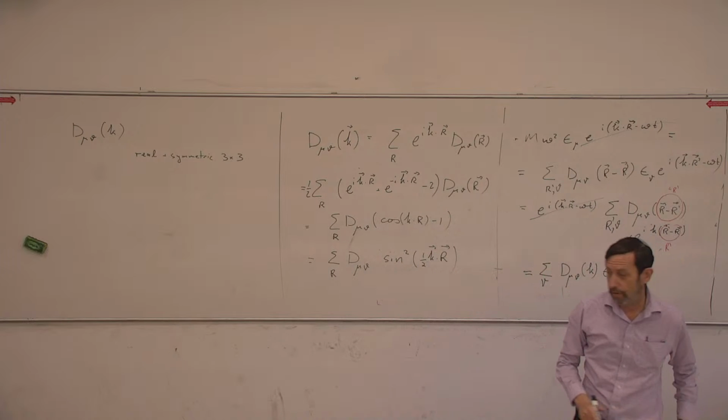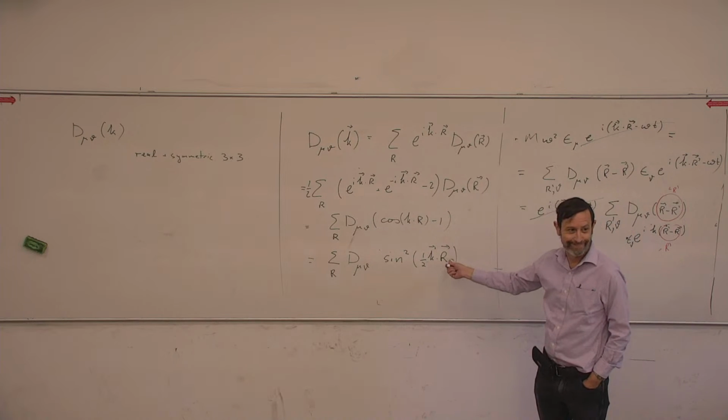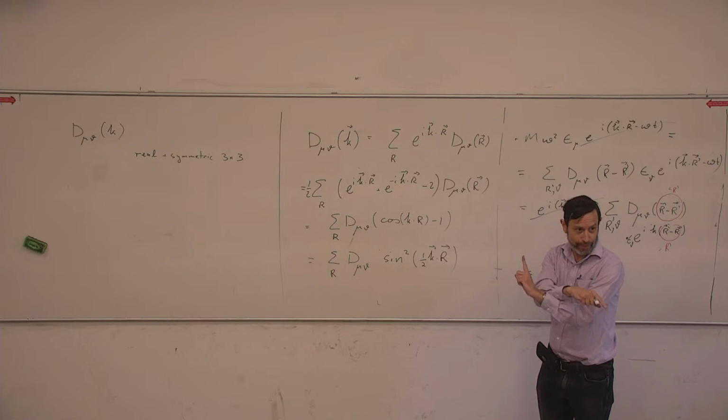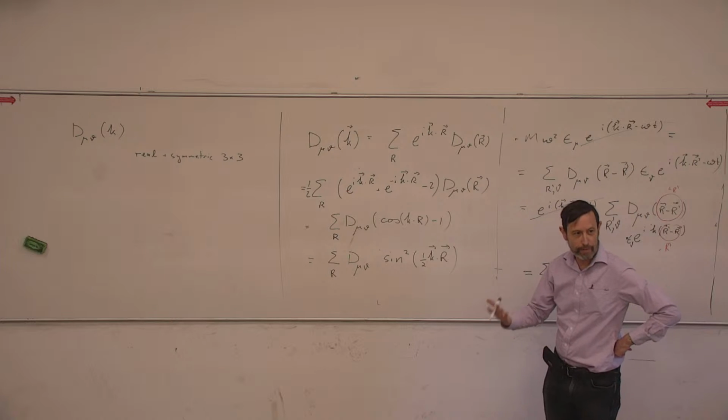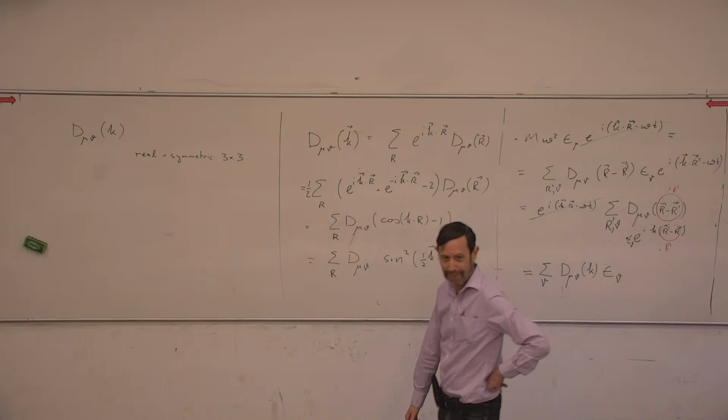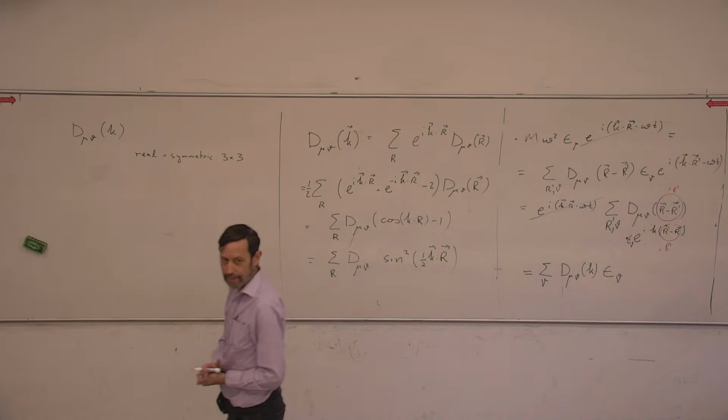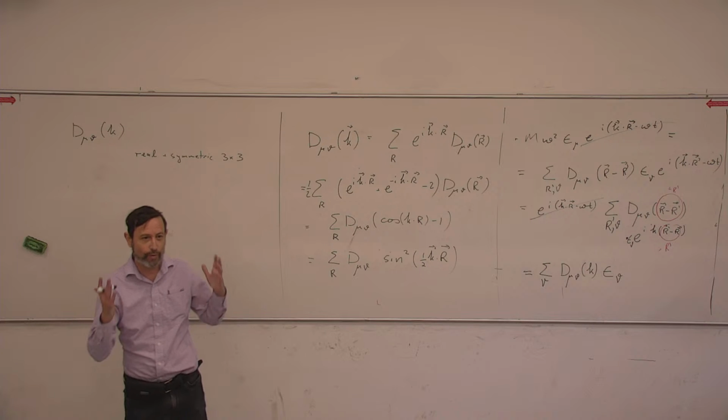How do I know it's real? This is real. Symmetric because mu nu can be exchanged. What do we know about a real and symmetric matrix? I can diagonalize it and get 3 orthonormal